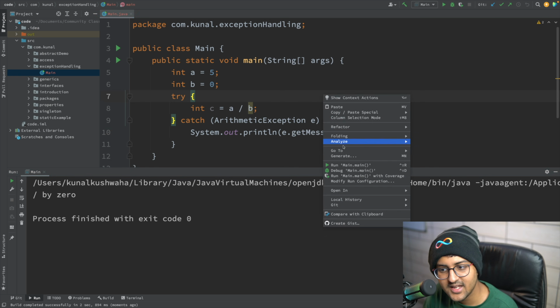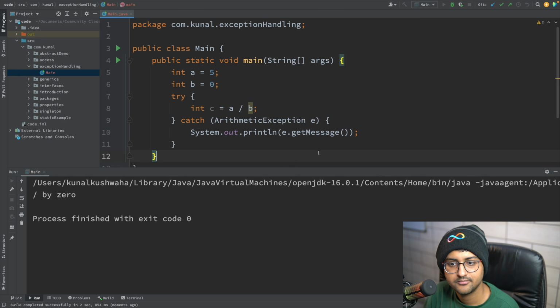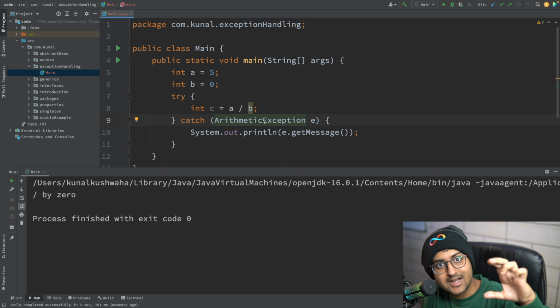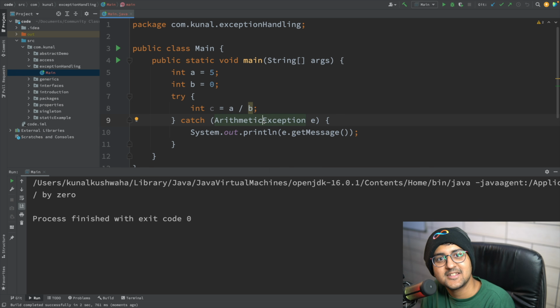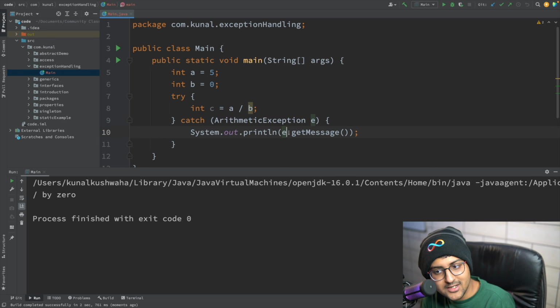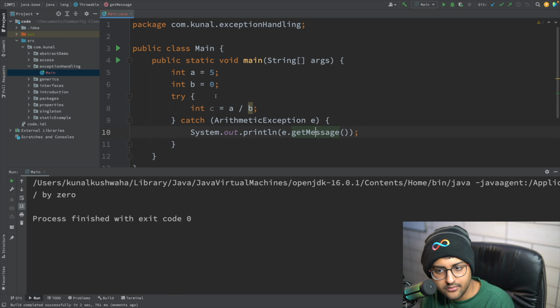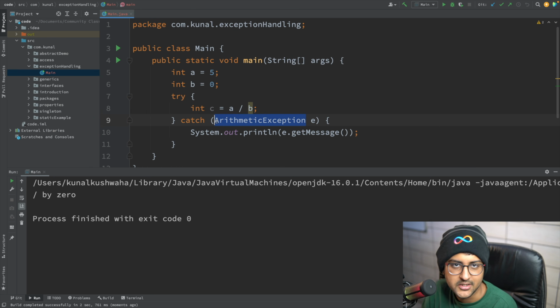Okay, arithmetic exception, same thing. So what is happening? This e will actually have an object over here. Whatever will be passed in this catch will actually be like e is equal to new arithmetic exception. So that's why I'm able to put exception over here. Remember in the previous section we did parent class being the type of the reference variable of the child class, and which method is going to run depends on the child class. So this one will actually be run for arithmetic exception, the message. Okay, that is basically about it.